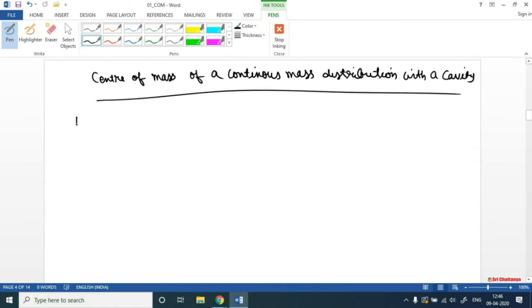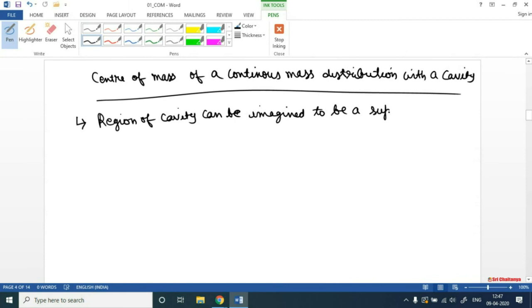So the idea: how can we find out the center of mass if the body has some cavity? The approach we will be using is simply that the region of cavity can be imagined to be a superposition